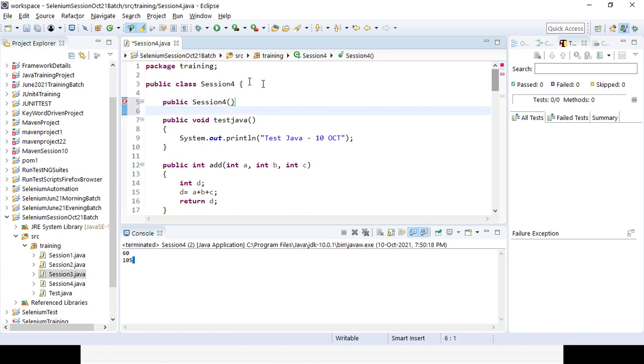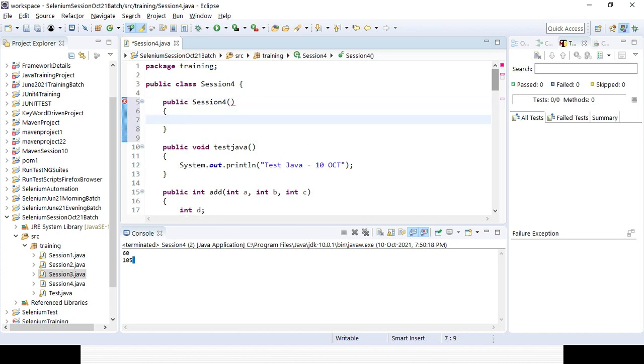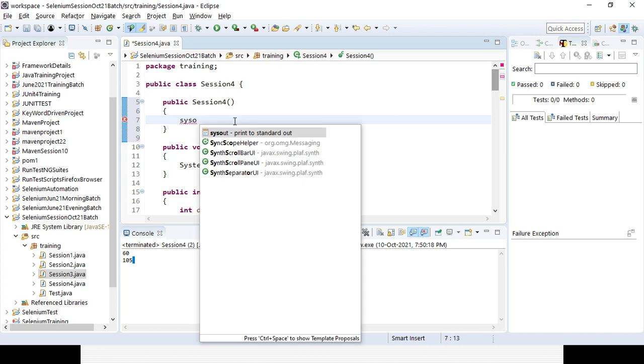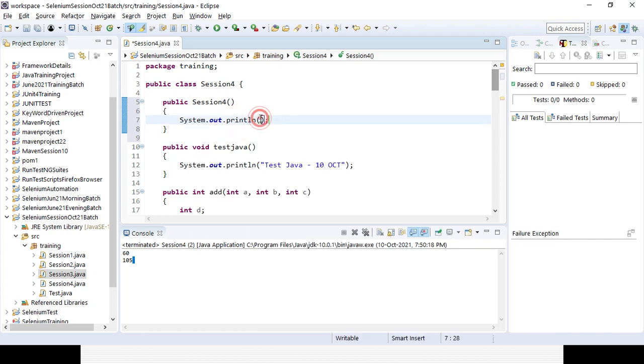This is the constructor I am creating here. The body I can give anything, so test constructor. That is all the lines of code I have written for the constructor.